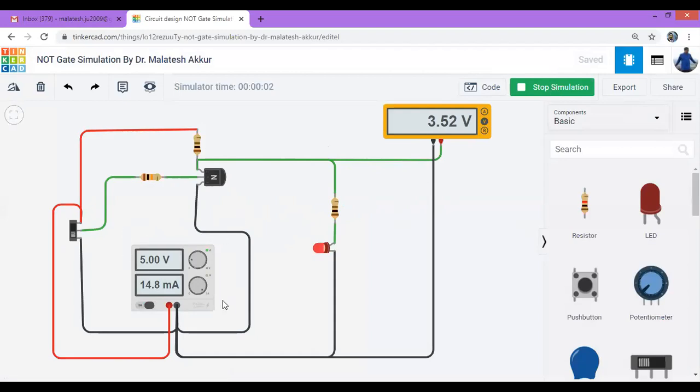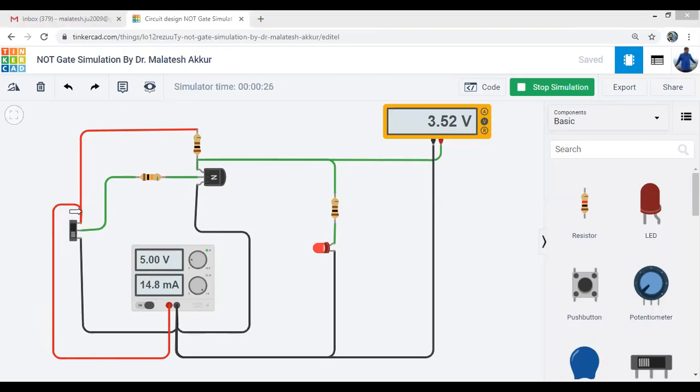Okay, you can observe now. The slide switch is at a lower position. It is equivalent to A. Let's call this A, which is the common point. So it is a 0. Terminal 1 is what? 0. This is terminal 2, which is connected to the 5 volts of the power supply.